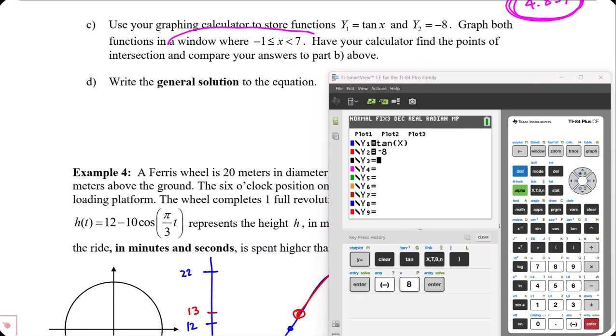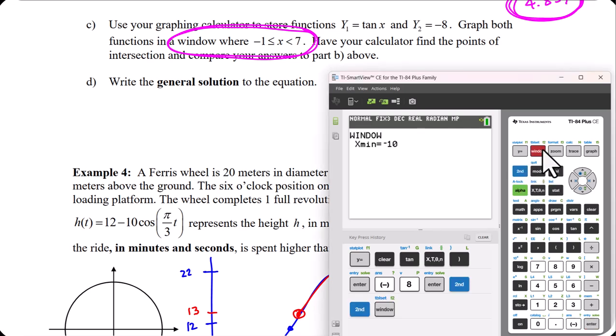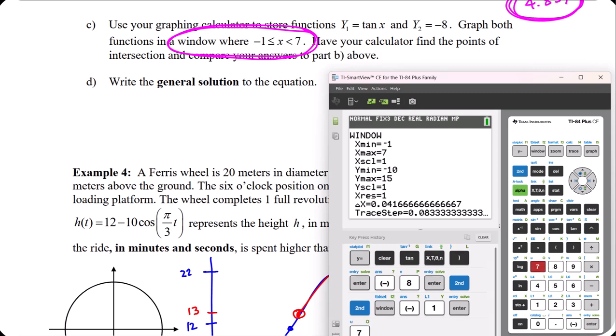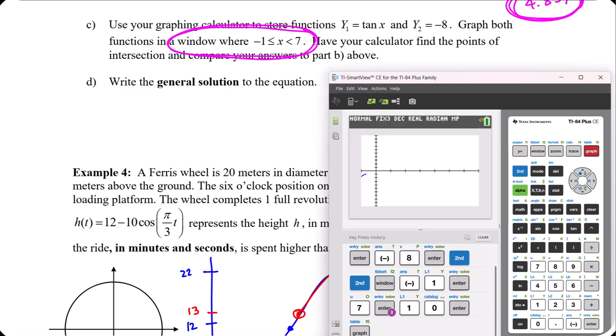To set our window so that x is between negative 1 and 7, we go to second, just window, and make sure that the x minimum is negative 1, enter, and the x max is 7, enter. And then let's just have the y min be negative 10 and the y max be positive 10, like it usually is. For some reason mine was changed, probably for some other problem. So now if I graph,